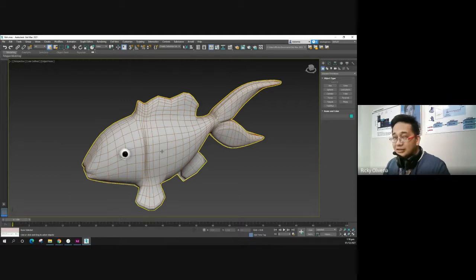Sabi ko nga, 'di ba, in every character in every model that we are trying to make, meron tayo laging JPEG file, no? Meron tayong 3 JPEG random files wherein it catches all the angles of our model. And ganito rin yung ginawa natin. So this character was already discussed last time. The recorded video is already uploaded at our MS Teams